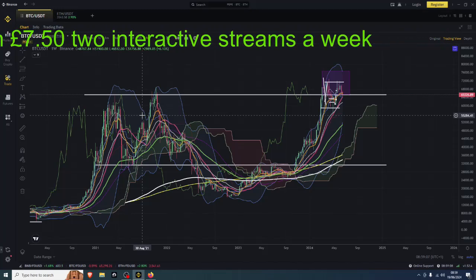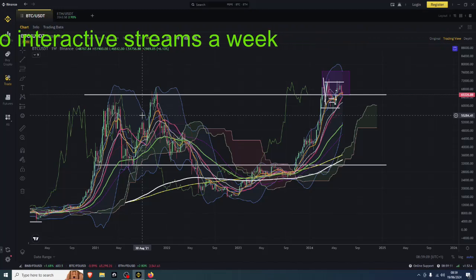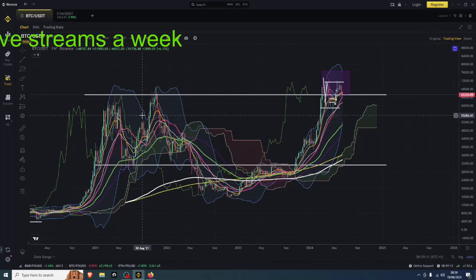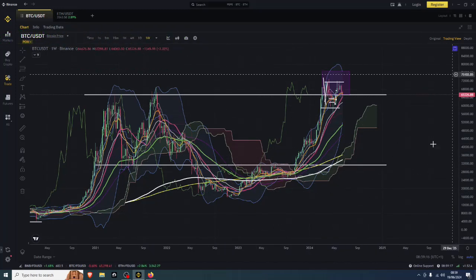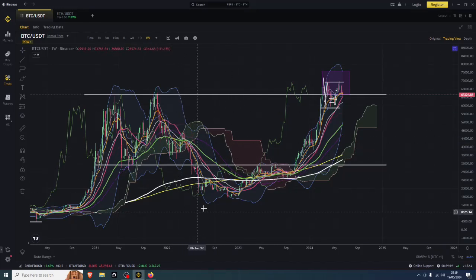And if you didn't buy them way back in October last year, where the bottoms were, then you should really think about exiting with every major pump, because I don't see it as parabolic season. Now that we've come down, for most altcoins at least 60, 70, some even towards 80% from their peaks, and Bitcoin coming down to these areas that are significant on its own chart, it is reasonable to think about